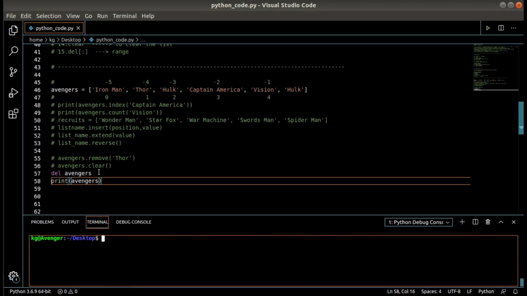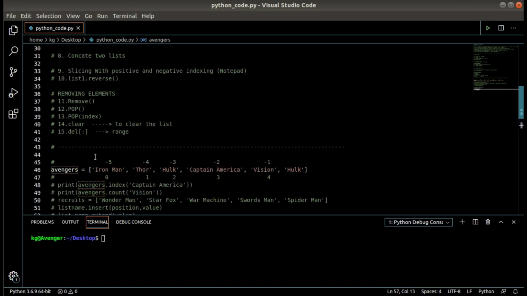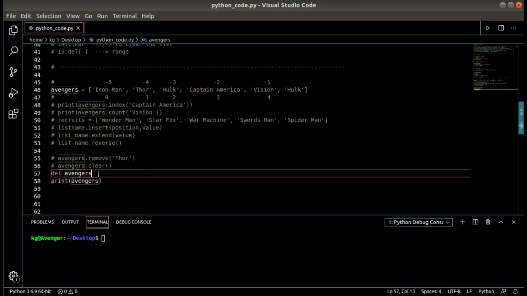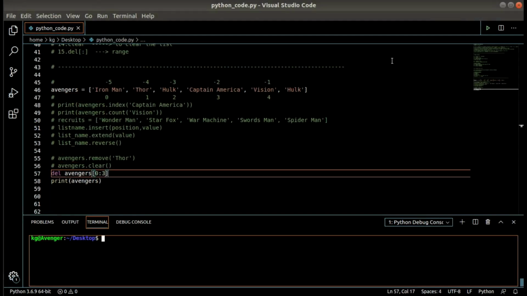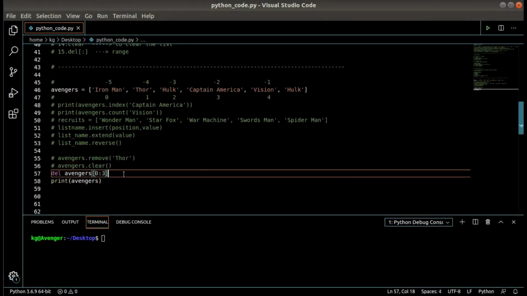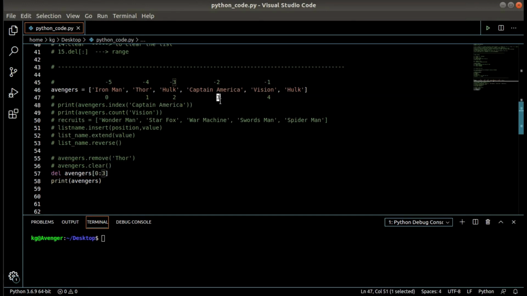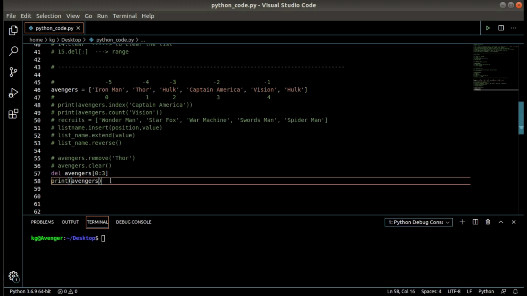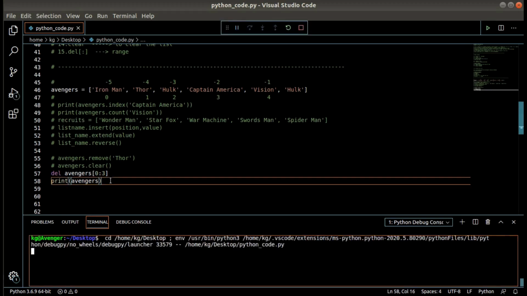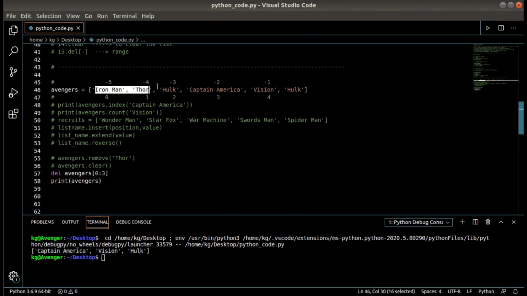So one more thing I can do with del, that is I can pass the range inside it. I can do del my list name and I can pass the range inside it, that is 0 to 3. So starting from 0 till 3, and I'm printing it. What it did is it deleted 0, 1, 2, and 3 excluded.